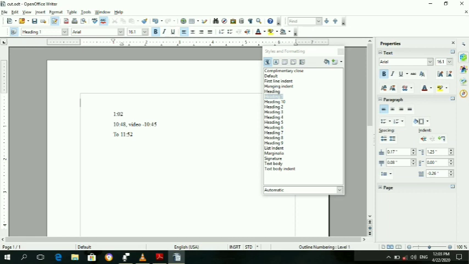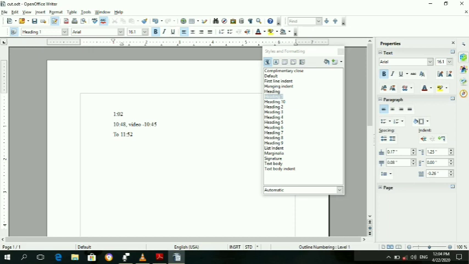That's all for today. I hope you have understood these topics. What do you mean by styles? What are the types of options available in styles in Writer? Then how will you open the Styles and Formatting window on your screen? By three ways: one is the Format menu, the second is from the toolbar, and the third is from the shortcut key, F11.